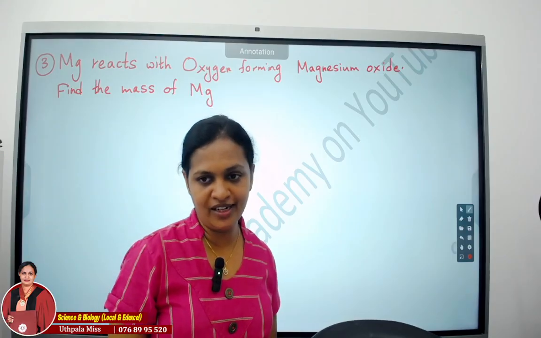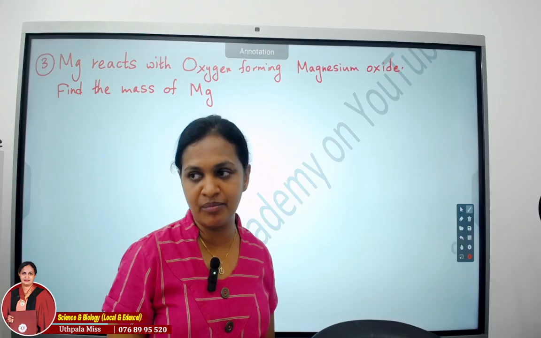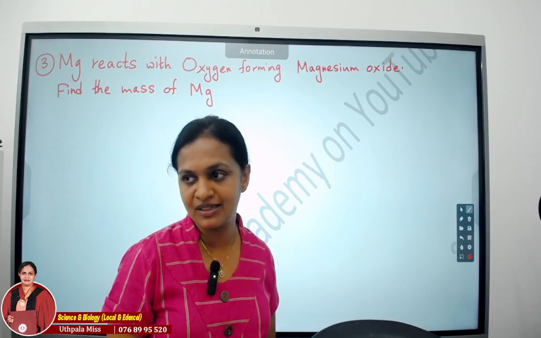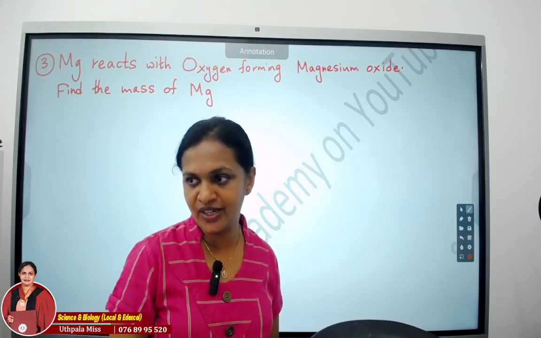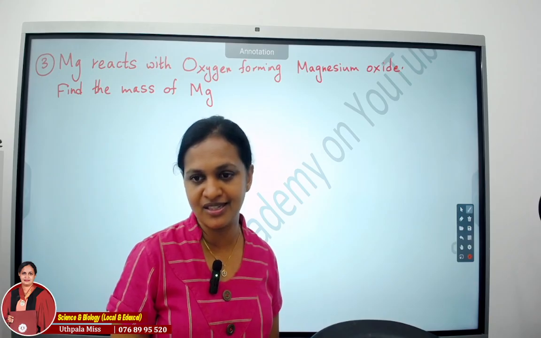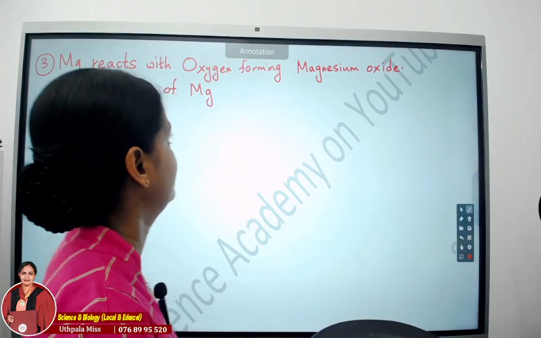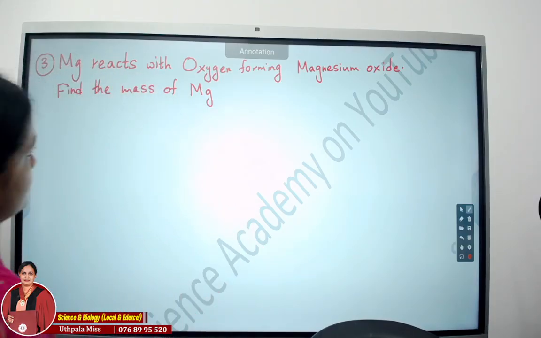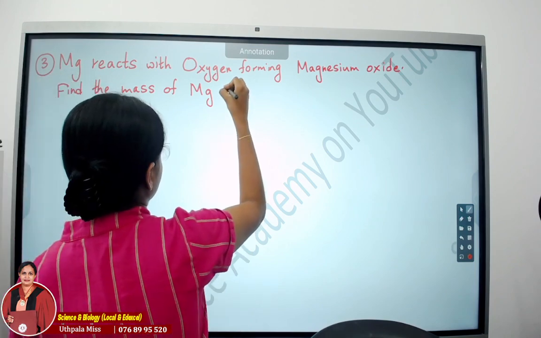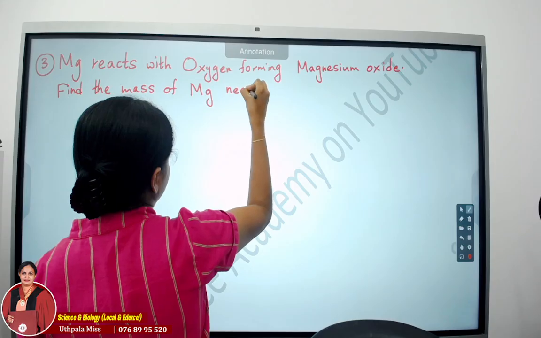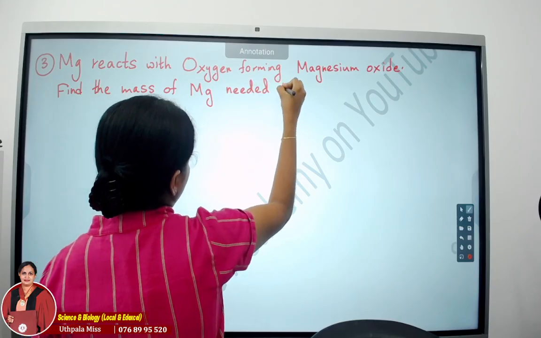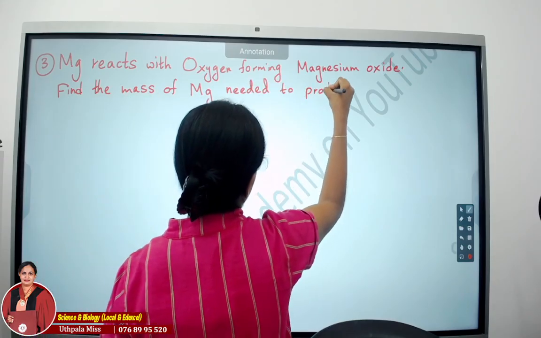You are given the relative atomic masses, you have to take the sum of the relative atomic masses. So in the group I shared those videos. Unit 7 වල අපි හදපු ටික ඔක්කොම මම share කළා group එකේ බලන්න ගිහිල්ලා. Right? Find the mass of magnesium needed to produce